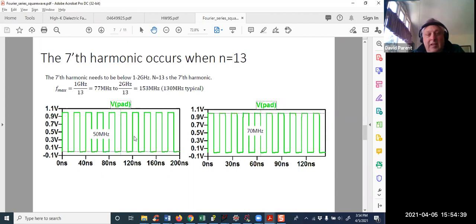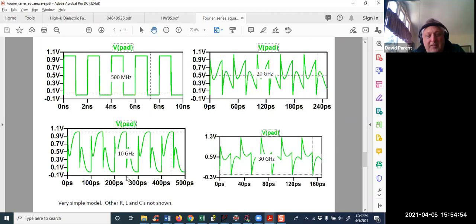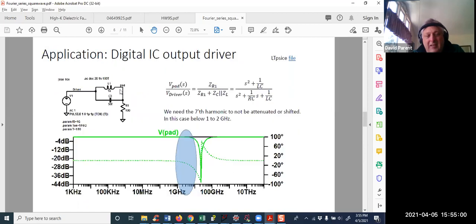So what this is, the input is a 50 megahertz square wave, input is 70 megahertz square wave, and it's kind of looking like a square wave, right? Even at 130, 160,